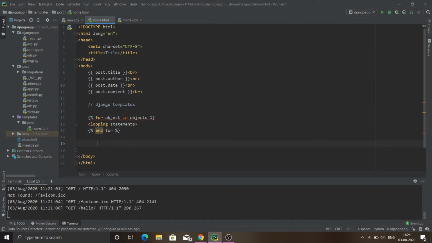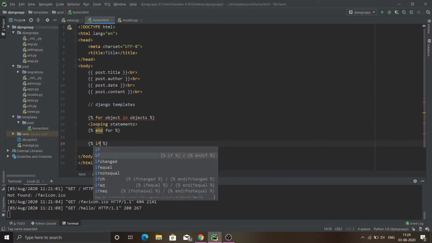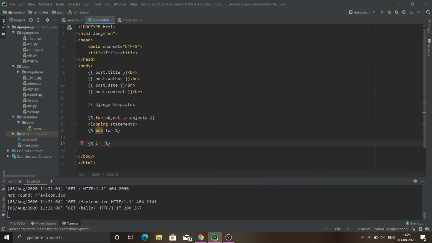Our conditional statement can also be written as such: within if, our condition, and we could execute our statements, and the else block.